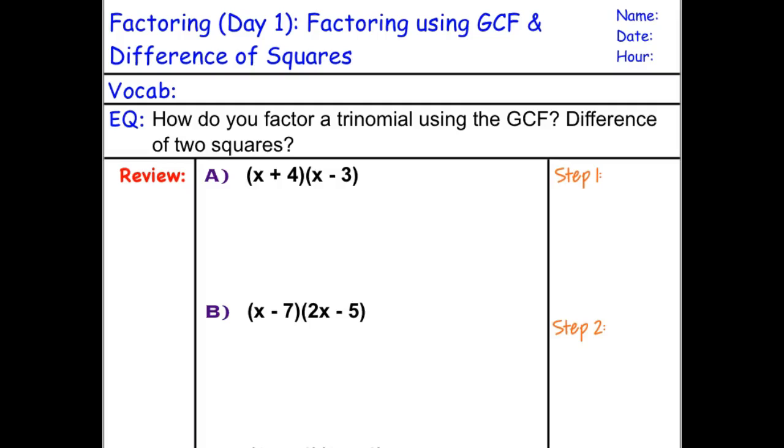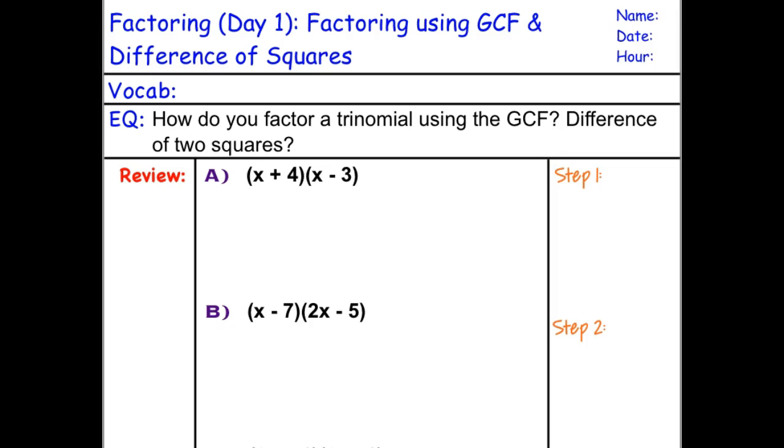Ladies and gentlemen, we're back. We're going to start our first of 5. Yes, you heard it, 5 days dealing with factoring quadratics. And here's day 1. But before we get into factoring, because it's been 2 years since most of you have